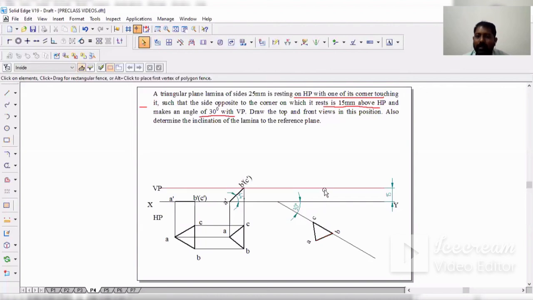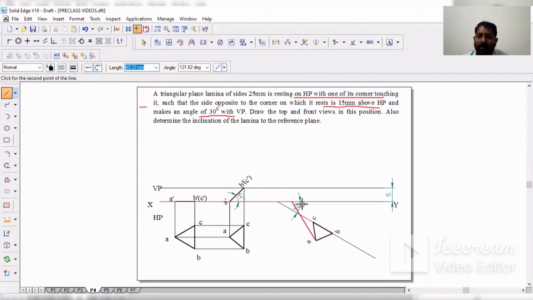Now you need to get the third position front view. For this, again go to the line command. The lines are projection lines, like normal. From A, project vertically upward, horizontal from A dash, and you'll get A. From B, project vertically upward, horizontal from B dash, and get B here. Similarly, from C dash, it meets here, this is your C dash.